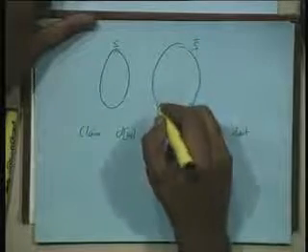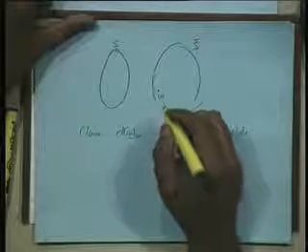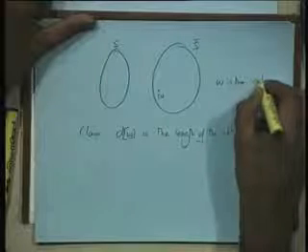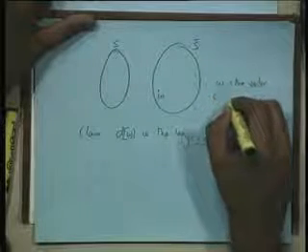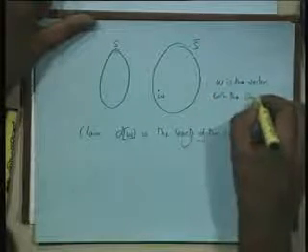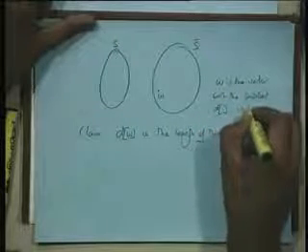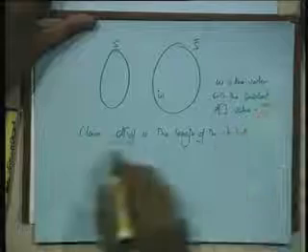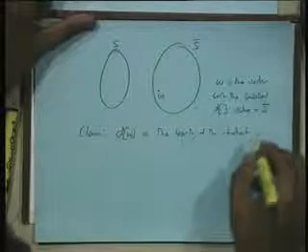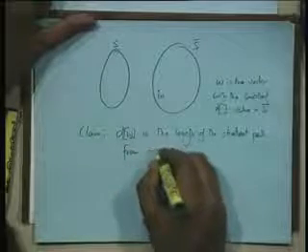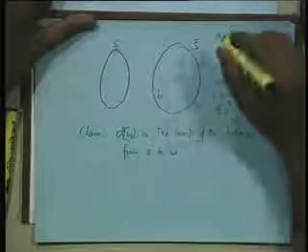What is W? W is the vertex which has the smallest label. W is the vertex with the smallest d value in S complement. The claim is that d of W is the length of the shortest path from S to W. Why is this claim true? Well,